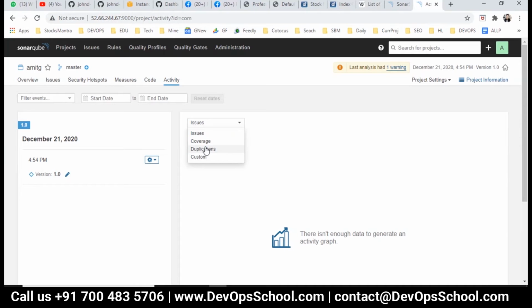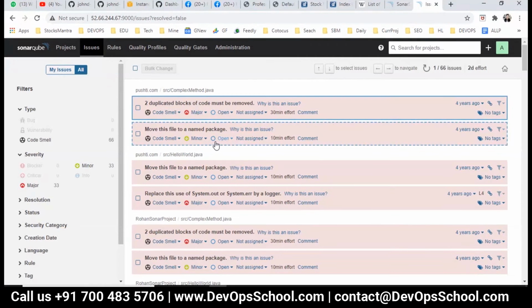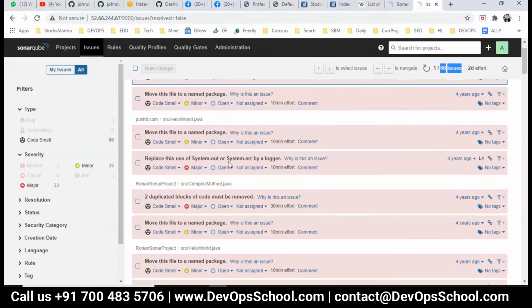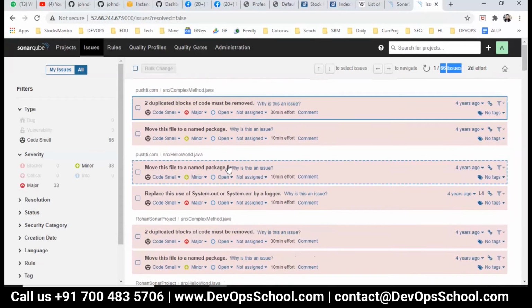one project, guys. So here all the issues from all the projects you can get here. See here how many issues you have in total: 64 issues across how many projects? I think 16 or 17 projects. So you can see the whole issues at one place. The entire organization's issues in your source code you can find at one place.